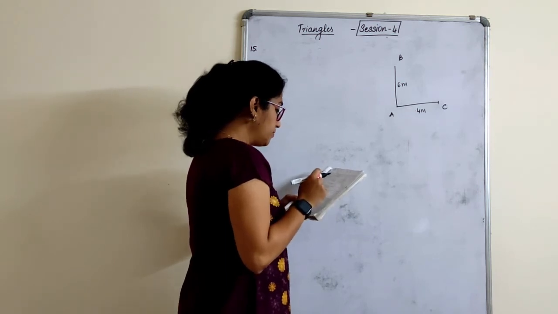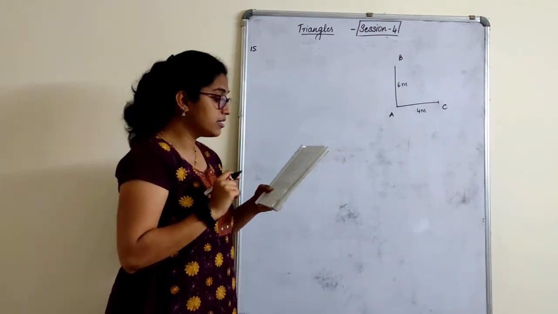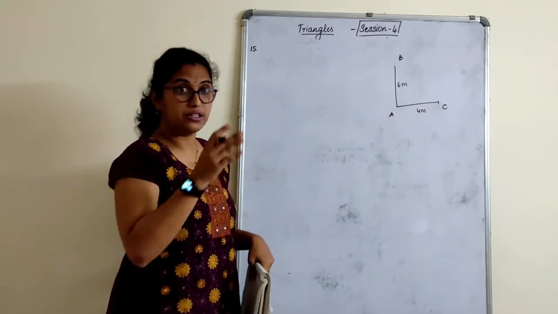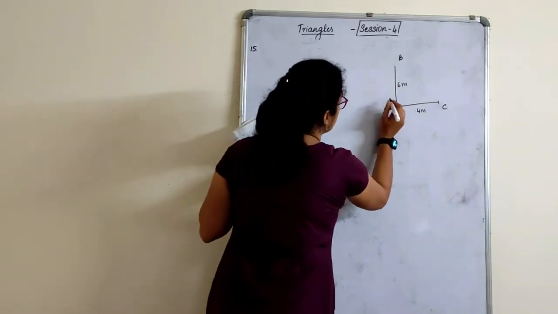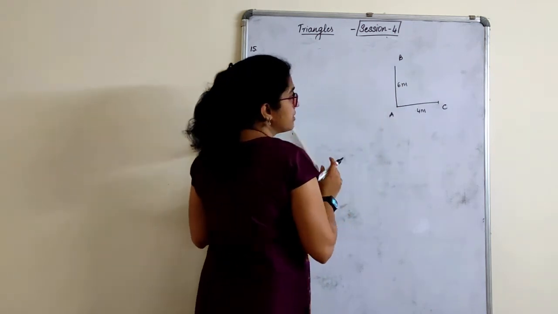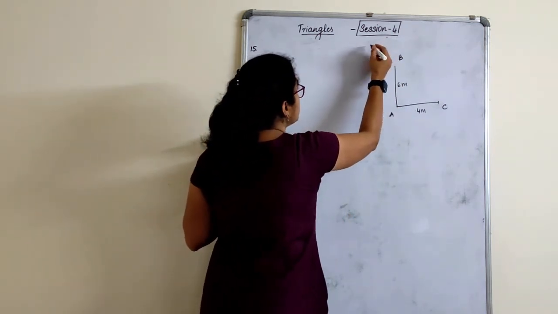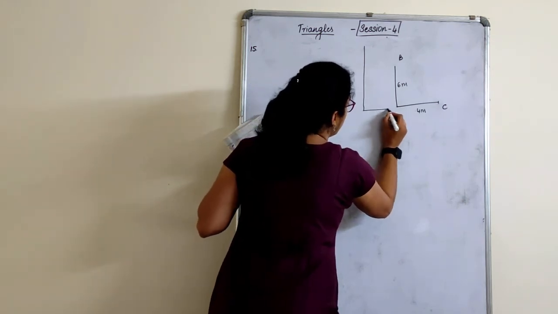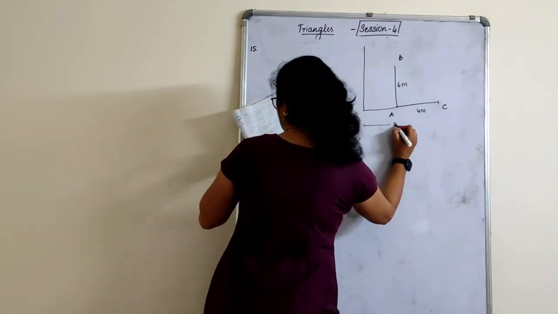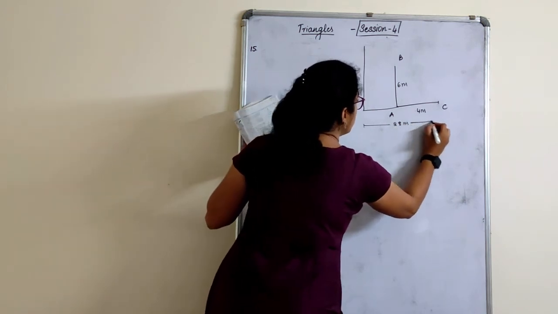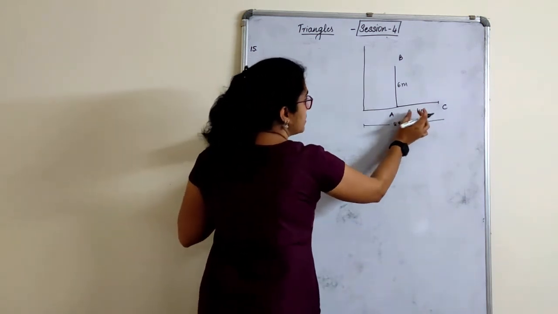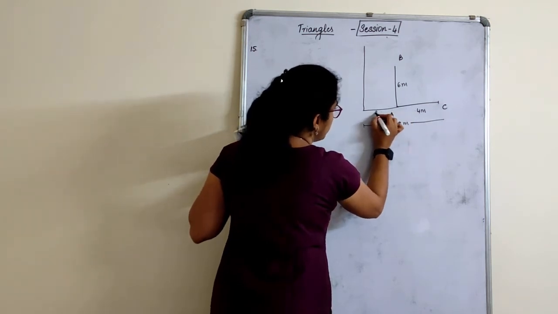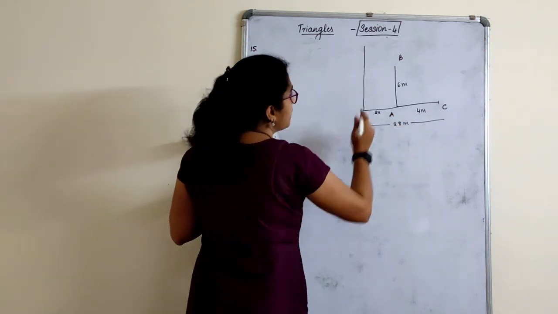At the same time, a tower casts a shadow 28 meter long. Two different ways you can draw the figure. I'll draw it and show it to you. So a tower, if it is standing, of course it has to be bigger than this. So I'll choose this as the tower. Okay. It casts a shadow, how much? 28 meter long. The whole is 28. So if this is 4, actually this has to be more. Assume that this is 28 means this should be 24, children.